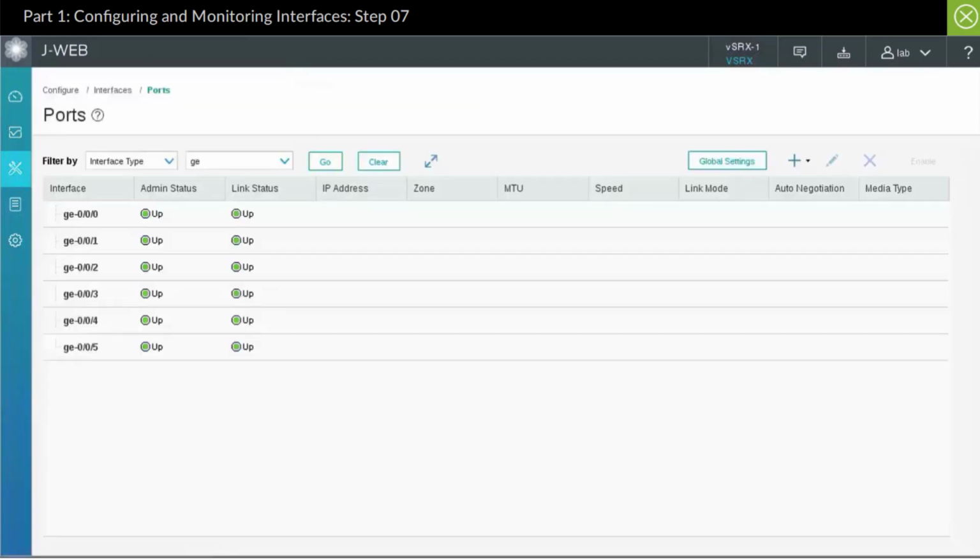Refer to the lab network diagram and configure the interfaces for VSRX1. Use logical unit 0 for all interfaces. Remember, you already configured the loopback interface in the previous step. You can perform these actions by completing the following sub-steps. Select the